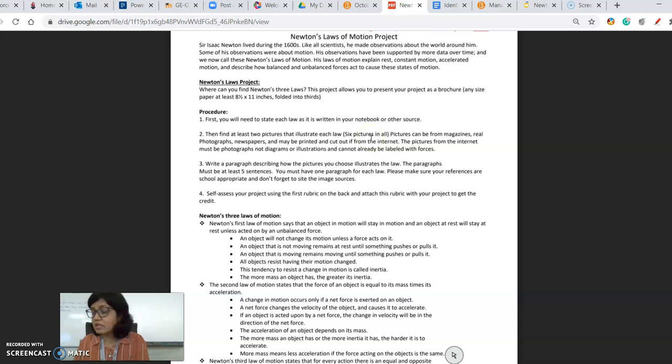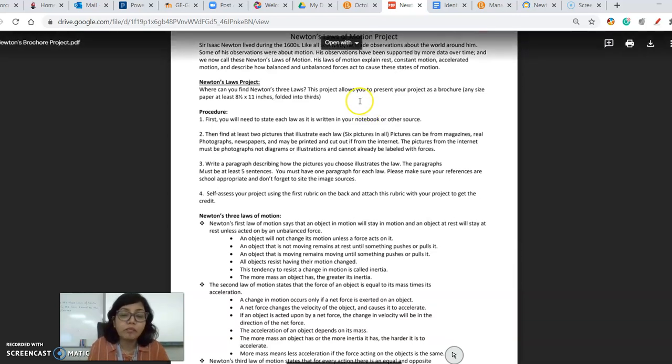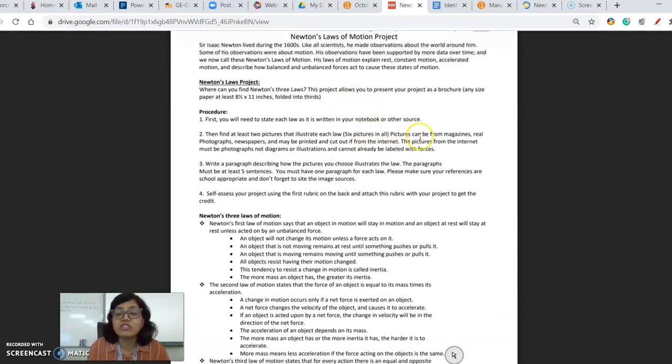Because last year when I got these projects, some projects only had 3 pictures, one for each law. So you will have 2 pictures, 2 scenarios basically talking about the law. You can find those pictures online. You can make your project digitally, all digital if you want to. The students have done the brochures electronically, and that's fine with me. You don't have to have it on paper, especially those who are digital folks. You can have it in the digital format, but you will be turning in 2 separate pictures, the front and the back of the project.